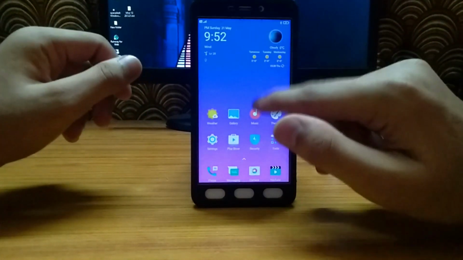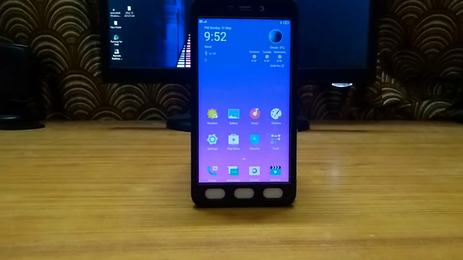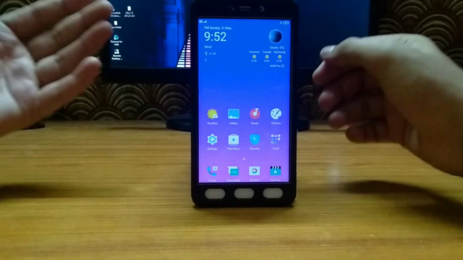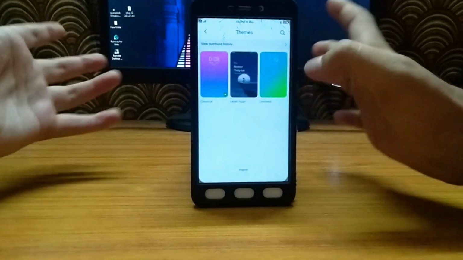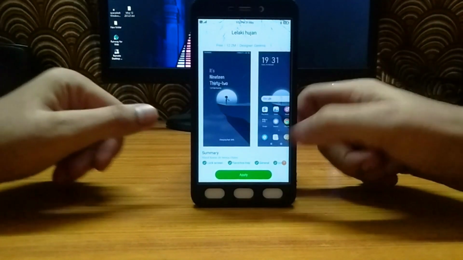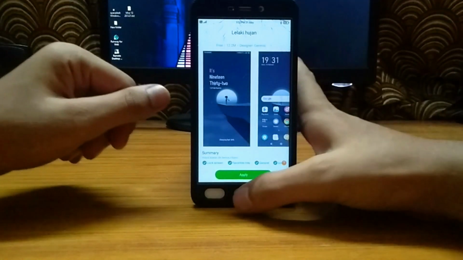But in my testing, I use this theme as a base, so I'm just gonna tell you that battery life is not that great. It is not that great for a daily driver, in my opinion. But if you want to use the ROM and try out the customization that you can get, you can try this ROM.